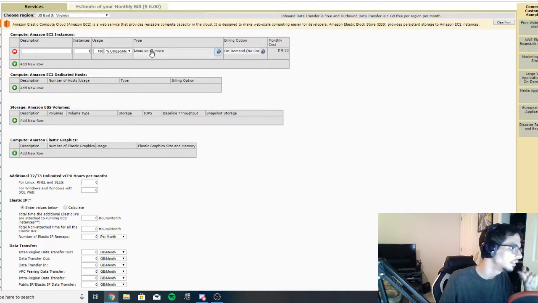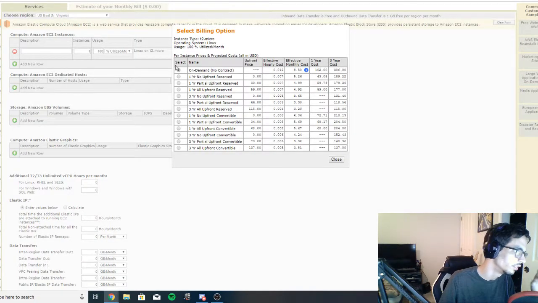Okay, and as you can see, you have a billing option and then a monthly cost, which for a T2 micro is going to cost me $8.50 a month. By default they have it set to on demand, so this is the only amount that you pay. Now, if you want to choose one of their plans, they do have that. You can do a 1 year upfront plan, which is what I